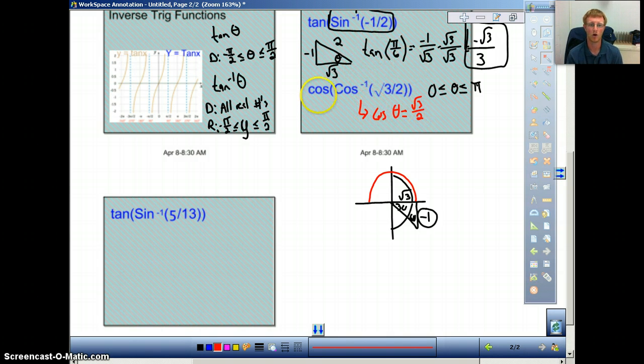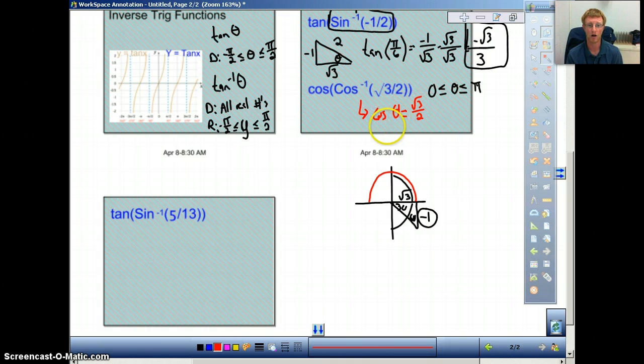And in reality, all that's going to do is become cosine of what? Okay, the cosine of theta equals the square root of 3 over 2. It's the same thing. Essentially, these are just canceling out. The inverse and the regular will cancel out, and we'll get square root of 3 over 2. But the point is, if we continue doing this the right way, it would be